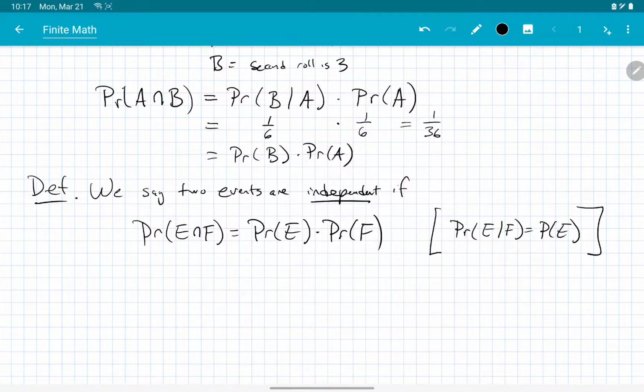So we could say that the probability of it raining tomorrow in St. Louis and the probability of the oil price going down tomorrow, those are probably independent. We wouldn't expect one thing to have a big effect on the other thing. So if things don't seem to affect each other, we call them independent.